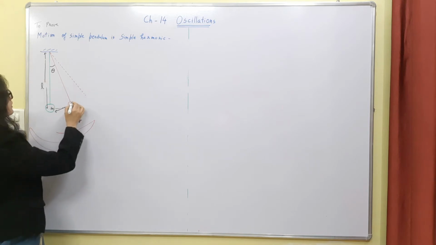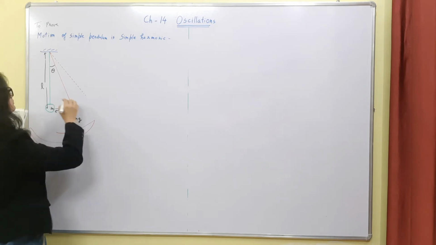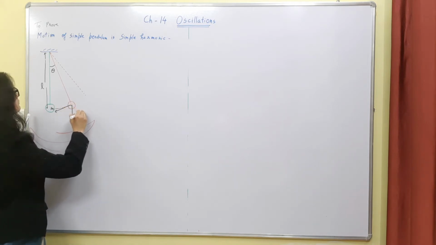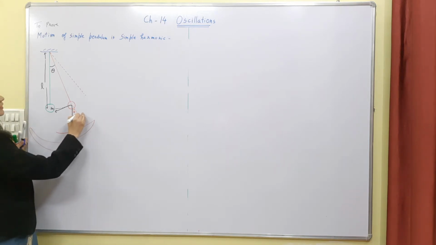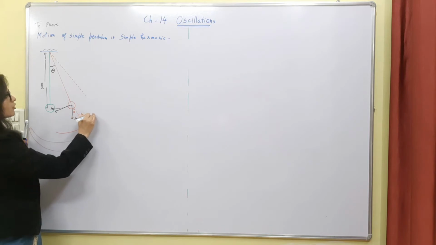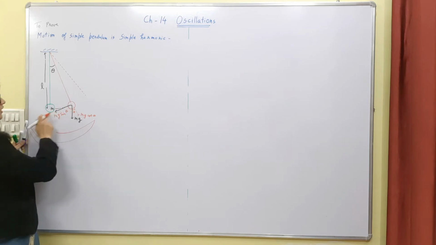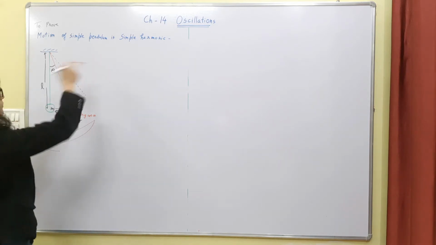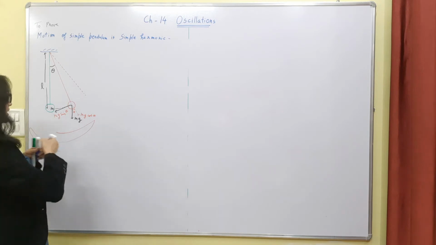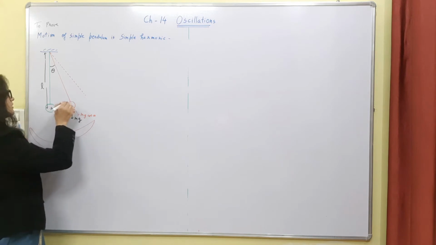If this is theta, then obviously this angle will also be theta, right? So if I have to find the components of mg, this will be mg cos theta and this will be mg sin theta, which is along this way. So if I have to write the direction, I will write this minus, right? I am not writing this in the diagram, I will write it while writing the expression. So I can say that this force is trying to bring it towards this way.